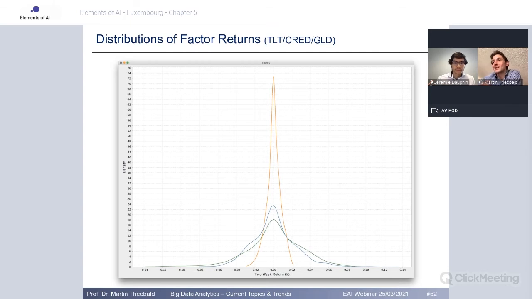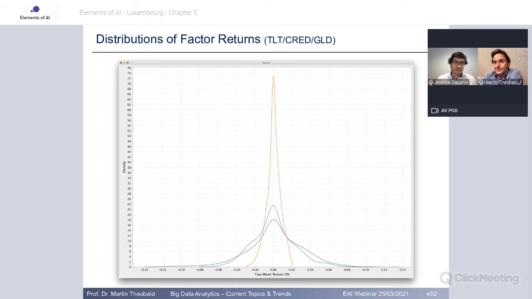So gold is in the middle. Gold is by far the most reliable one, has the least spread. So also the least gain, but also the least likely to lose something, at least at that time, right? It has been changing a little bit a few years ago with Corona, I think, right? People more invested into gold recently. But at that time, everything was centered nicely around 0, and then you see the differences between the different